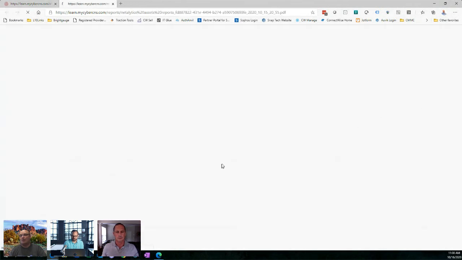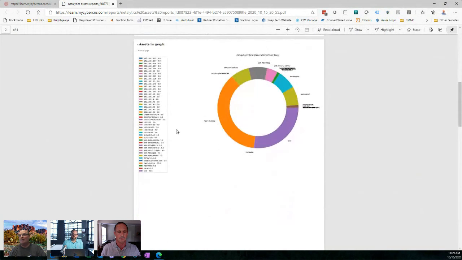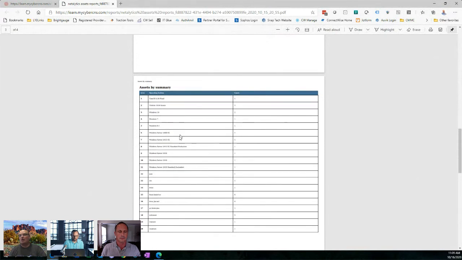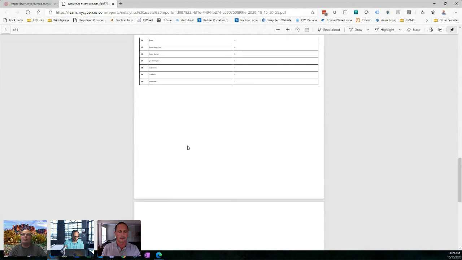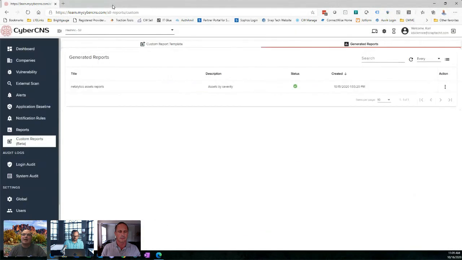I'll download it real quick and then bring it up to screen. So here's an example of just a customer report where a logo was added. We picked the specific things adding to the mix here that we want to look at. This is an asset details table, and some assets in a graph, basically the same information but in a different graph on that data. Assets by summary, just showing the different ways and tools that you can create reports with. And so customer reporting is a nice added feather in the cap that can allow you to build things really